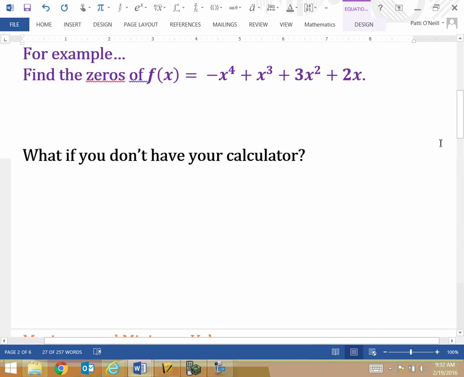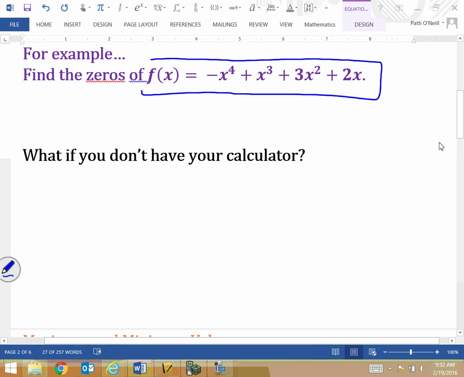As I move on to the next screen, I'm going to ask you to do the following with me on your calculator. Find the zeros of f of x equals negative x to the 4th plus x cubed plus 3x squared plus 2x. Now, here are some things that I know about this graph even before I put them into my calculator. I know that it's even degreed, and it's got a negative leading coefficient, which means that the end behavior is pointing down